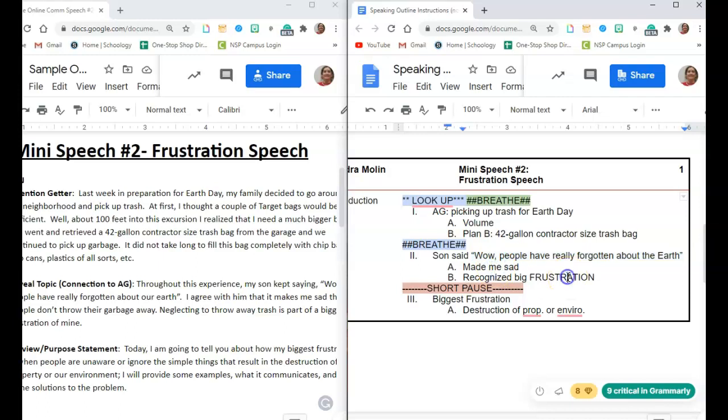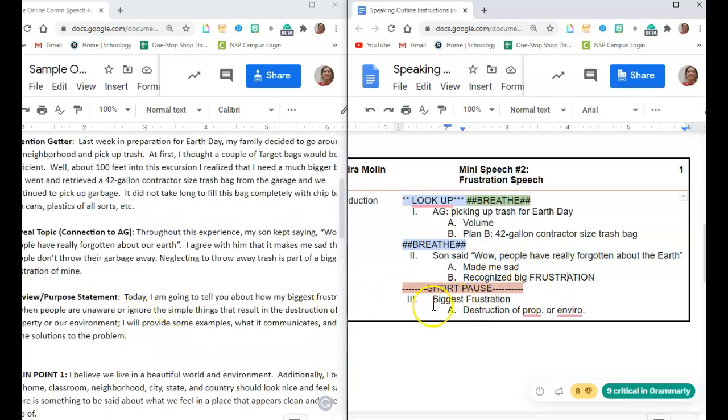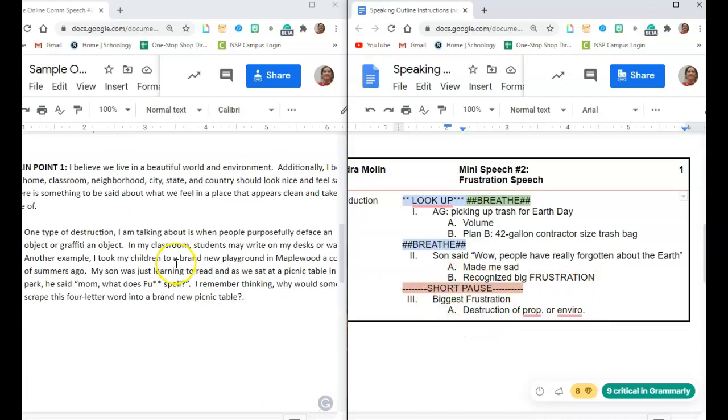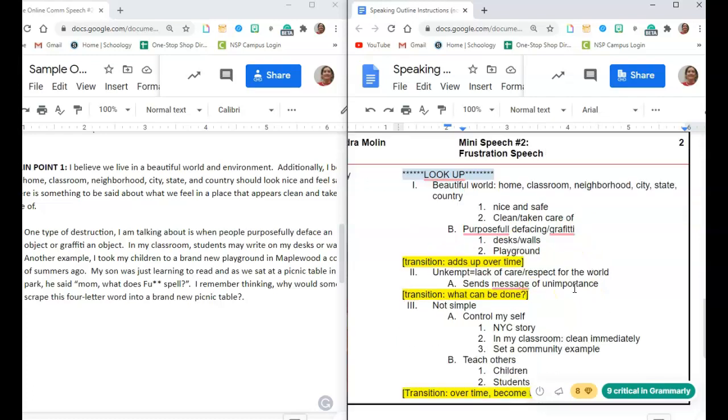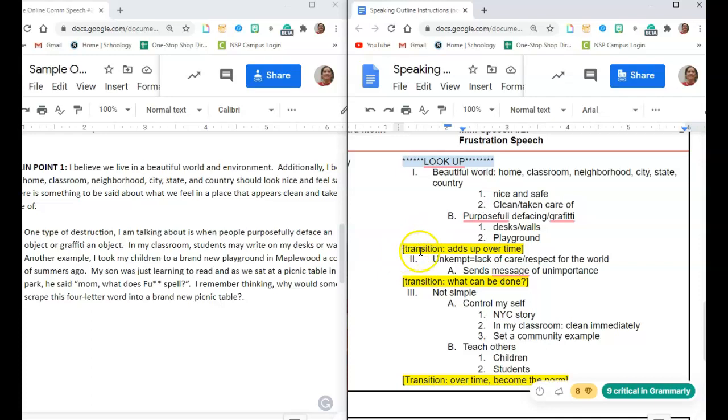But then I went back to just abbreviating my ideas. And I made sure not to skip the most important part, my preview or my purpose statement, which is going to give my listeners clues about what I'm going to be talking about. For the body of my speech, I made another card. I divided each main point up into sections, section 1, section 2, and section 3. And again, I used abbreviations and short phrases to remind me of what I was talking about. I gave myself transition clues,